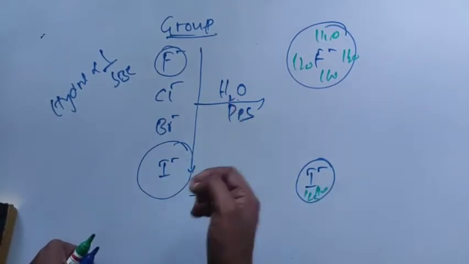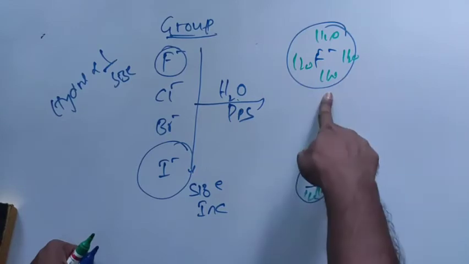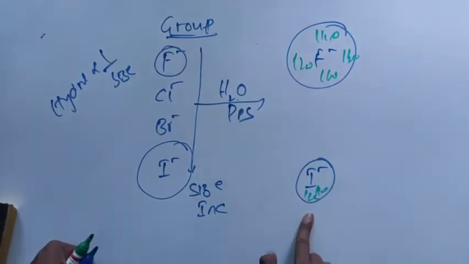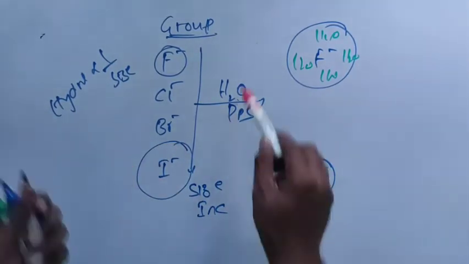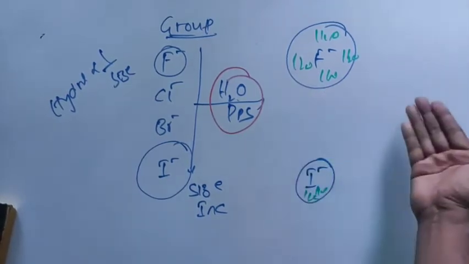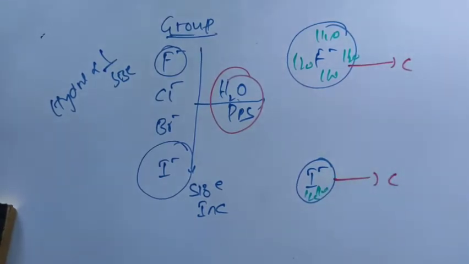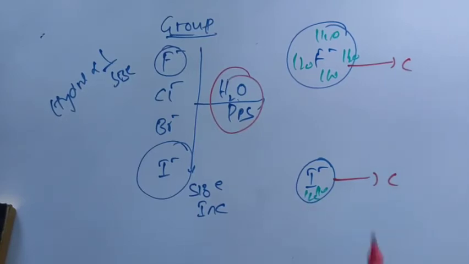nucleophilicity is affected by steric crowding, by the bulkiness of the group. So this is bulky. Being a bulky atom, it cannot approach the carbon easily. Being the small atom, it can approach the carbon easily. This whole drama is happening in water. The small one approaches the carbon easily. Therefore, he is a strong nucleophile,